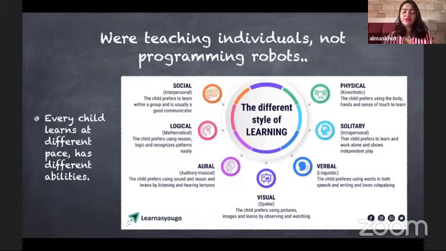You have kids who are social in nature. When I say social, means they have great interpersonal skills. They love asking questions. They love collaborating. They love raising their hand. They love to work with groups. So when you say, "Oh, I have a group activity," these are the kids that get really